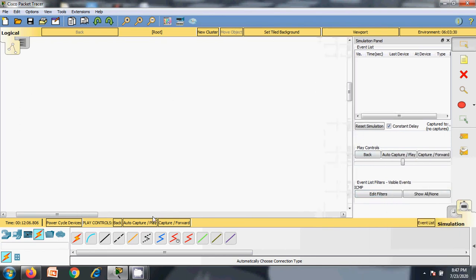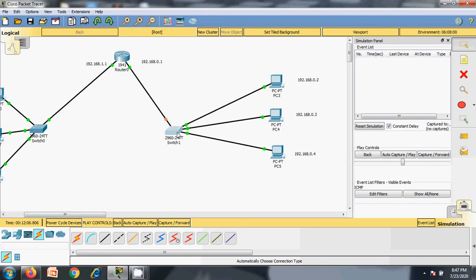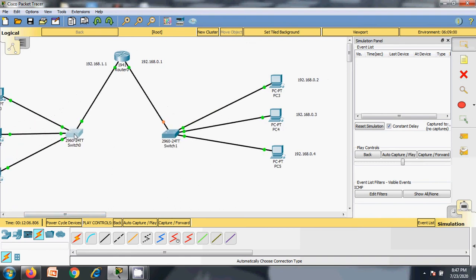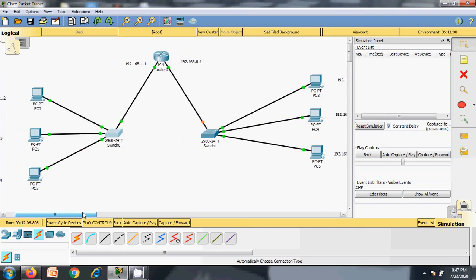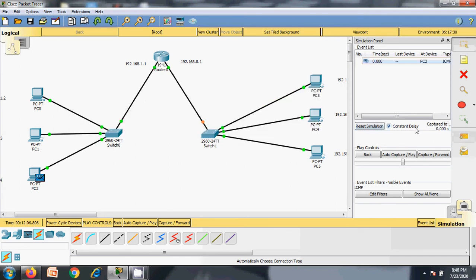So reduce the ping size. Okay, the simulation is ready. So now I'll select a simple PDU that needs to communicate from PC2 to PC3 here. So the packet is ready to transmit.